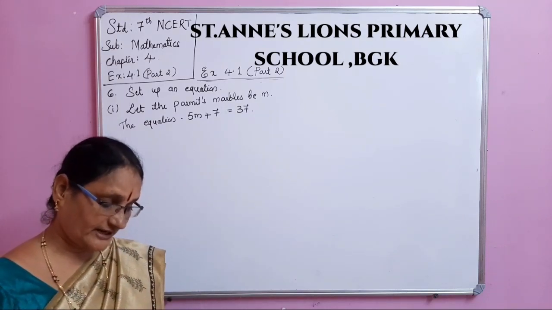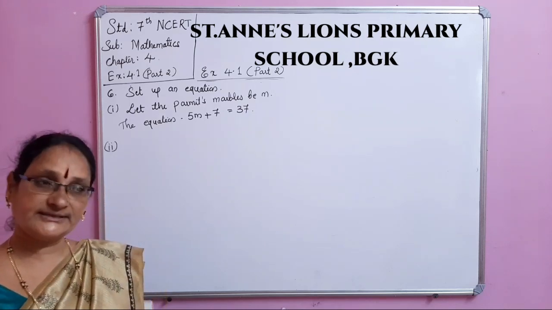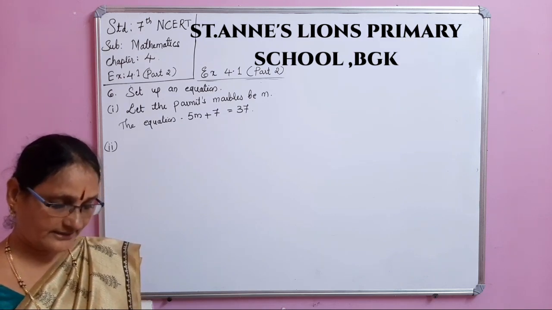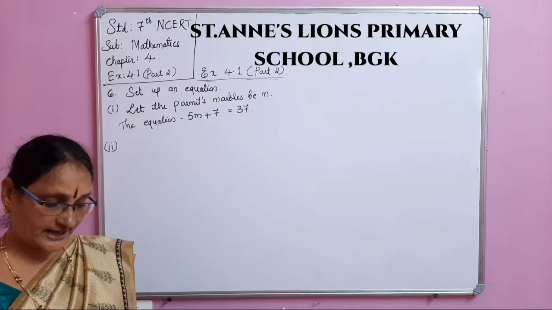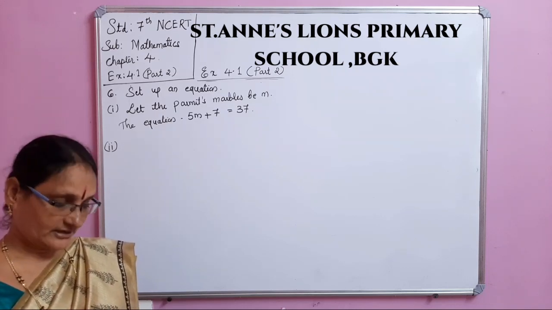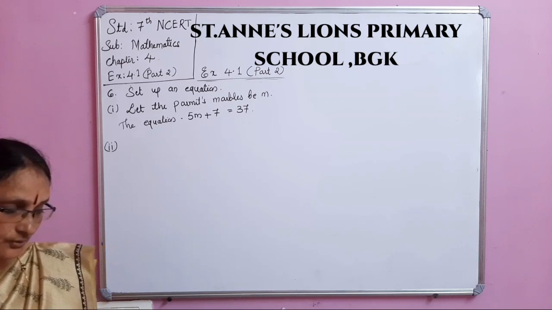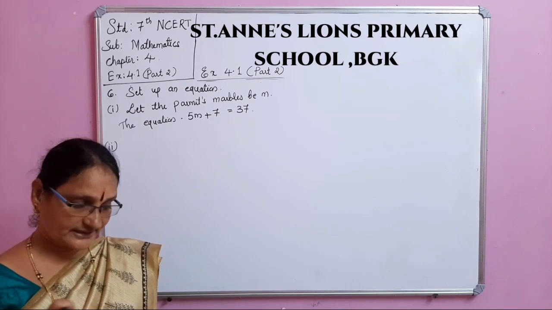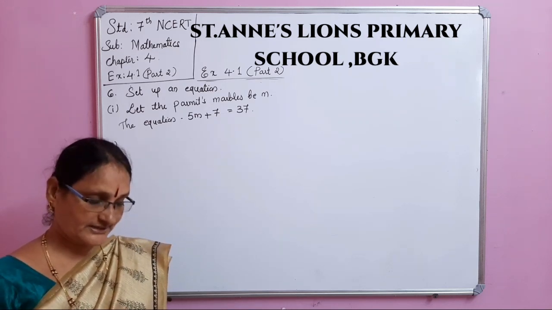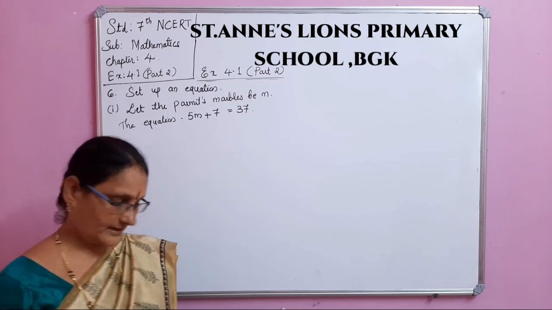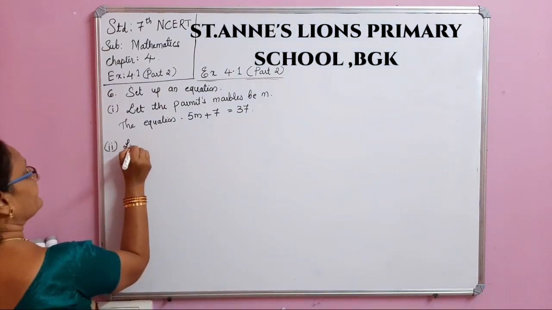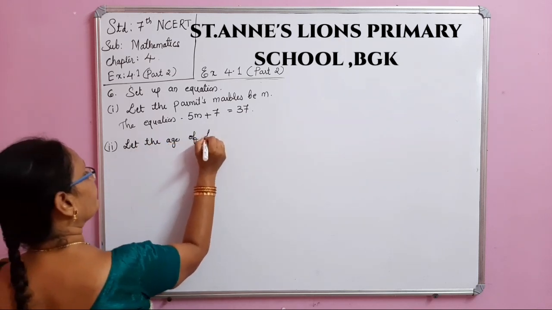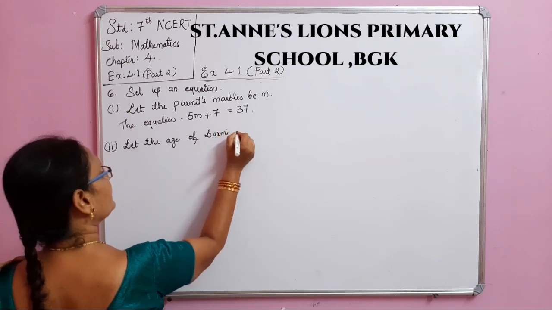Okay. Lakshmi's father is 49 years old. He is 4 years older than 3 times Lakshmi's age. Okay. Then 3 times Lakshmi's age. Here we have to consider Lakshmi's age be y. Then second one, let the age of Lakshmi be